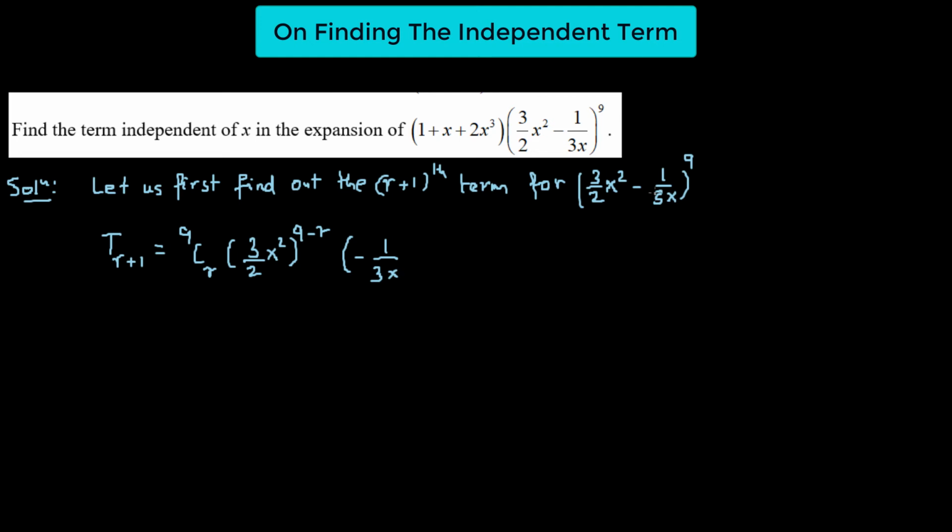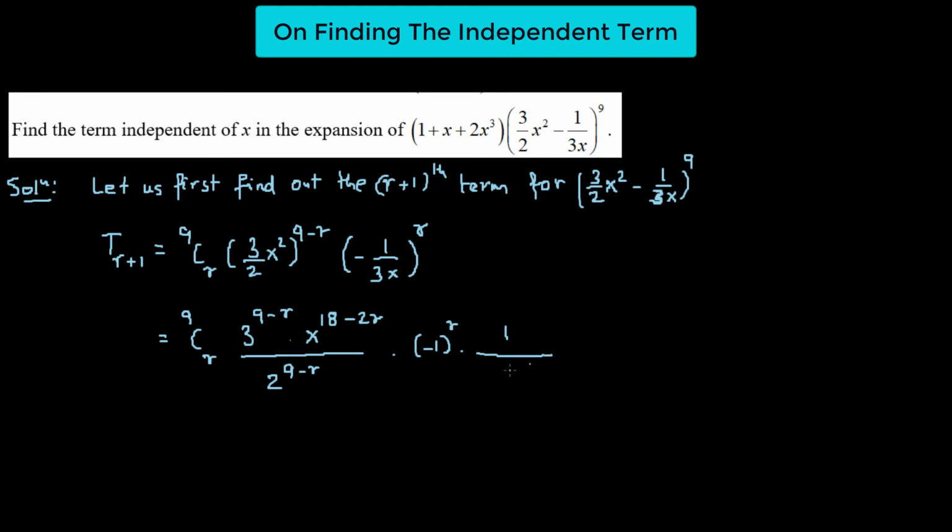This 3 looks very odd, let me fix it. So this is 3. Which is equal to 9Cr times 3 raised to the power 9 minus r times x raised to the power 18 minus 2r, divided by 2 raised to the power of 9 minus r, times negative 1 raised to the power of r times 1 divided by 3 raised to the power of r times x raised to the power of r,